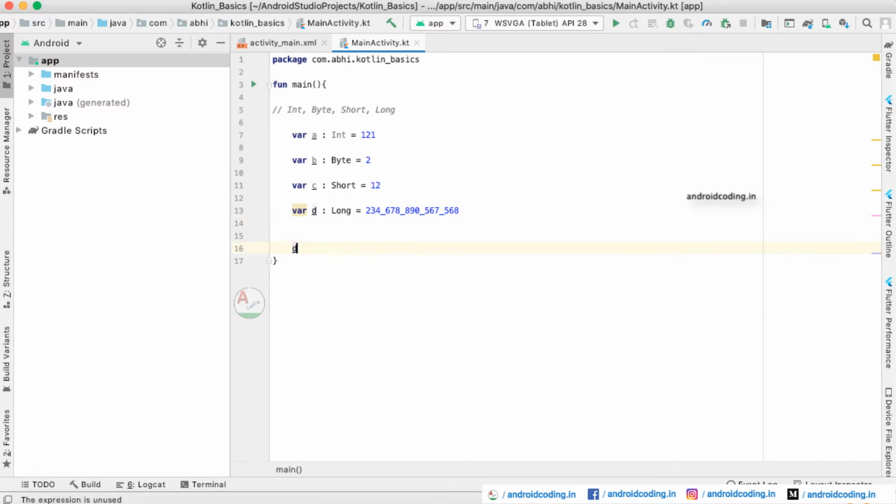Now when you remove the data type declaration, let us see it. Everything is considered as int only here.